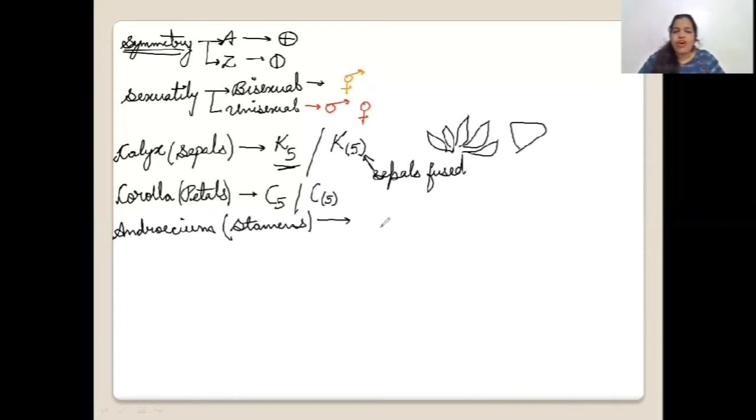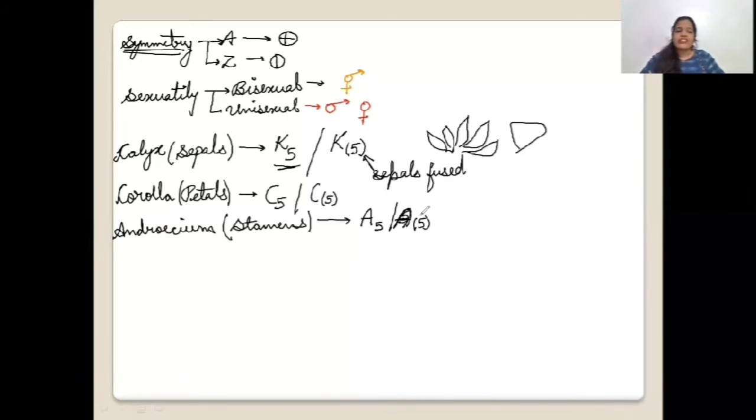Okay. So we have got how many stamens? We have got 5 stamens and androecium is represented by A. Now, if these stamens are separate, A5, or if they are attached with each other, I'll just put a bracket. Sorry, it's A, not 5. Okay. So this is very, very easy what I expect, and of course you also feel it easy, right? Now, next is gynoecium. Gynoecium unit is carpel. What is the another name? Pistil.